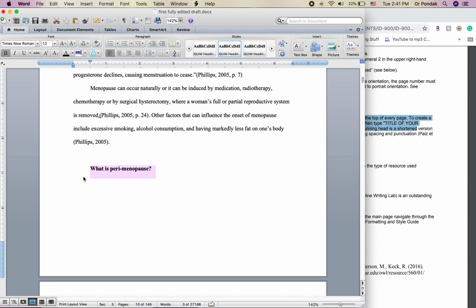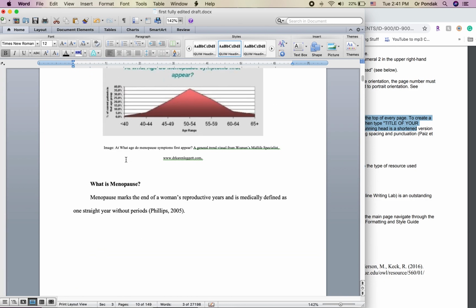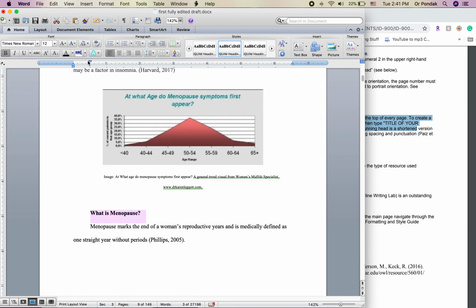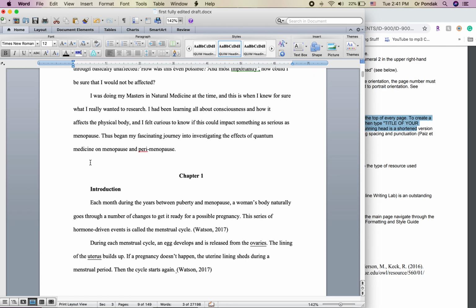So why is my heading 2? Do you see how this didn't come over here? I'm not sure why that happened. Same thing here. I don't know why this is indented. So this is the kind of stuff you need to pay attention to. It should not be indented. This should be aligned left. So let me double check